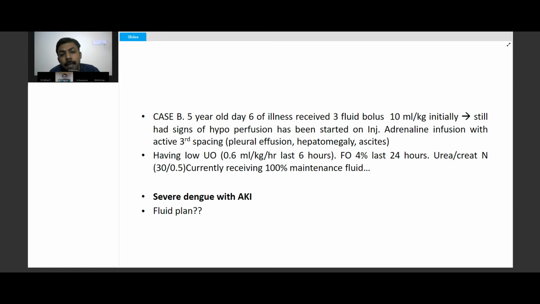Here you can see the patient has already received some fluids and he's in the critical phase, he's leaky. We can't give more and more crystalloids as he's having active third spacing. The third spacing is nothing but interstitial edema. So giving more fluids is harmful, and giving boluses is really harmful. So we have to switch over to colloids because the retainability of colloids is better. And we know we have to just glide through 2 or 3 days of the critical phase. So giving colloids may be beneficial, and in fact, a part of the maintenance fluid can be colloids to prevent further overloading of the patient.